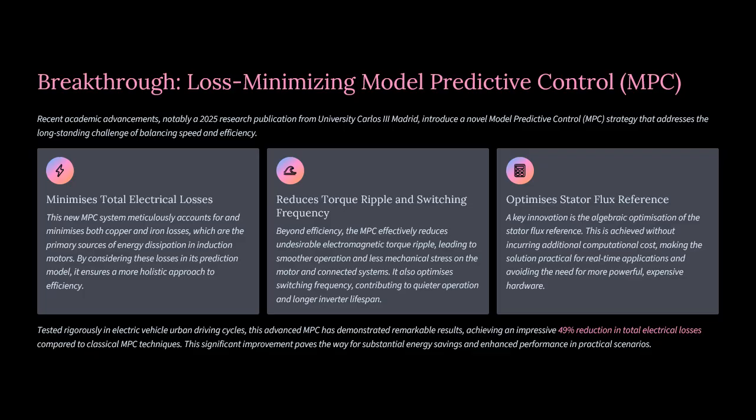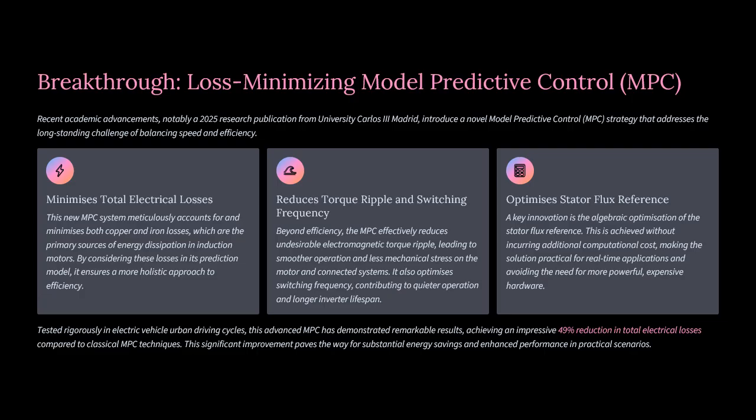Breakthrough: loss-minimizing model predictive control. Recent academic advancements, 2025 research across the university, have addressed the long-standing challenge of balancing speed and efficiency. Minimizing total electrical losses. This new MPC system minimizes both copper and iron losses, the primary source of energy dissipation in